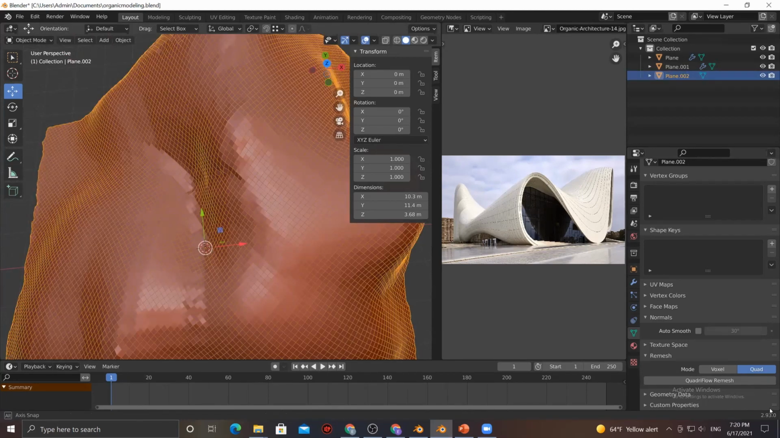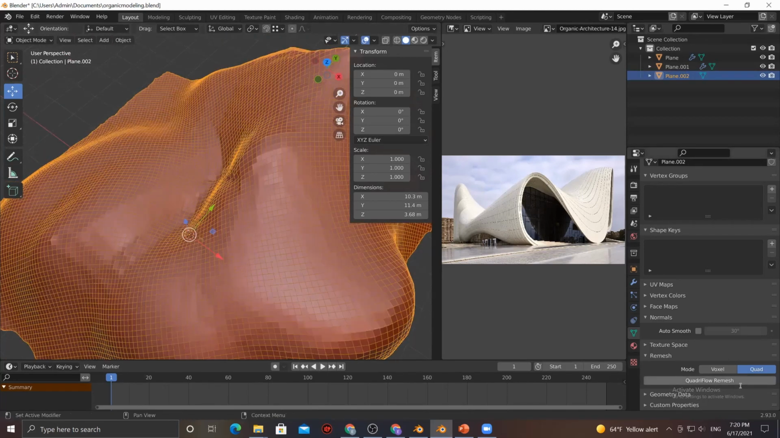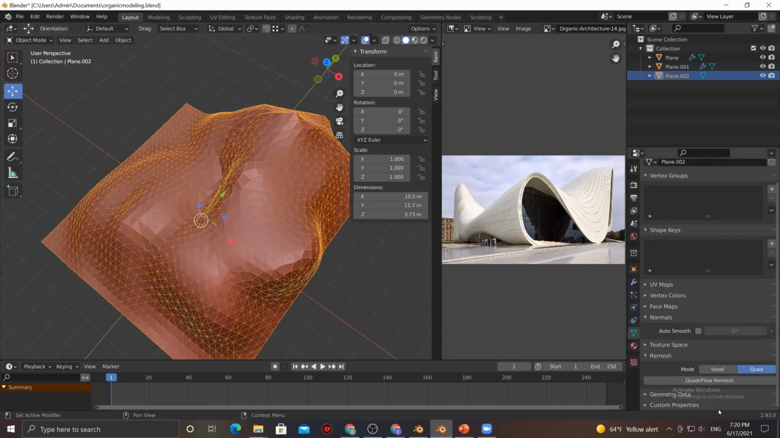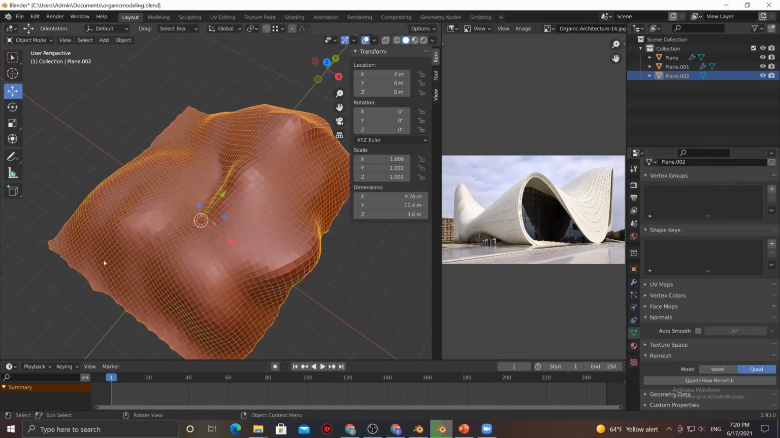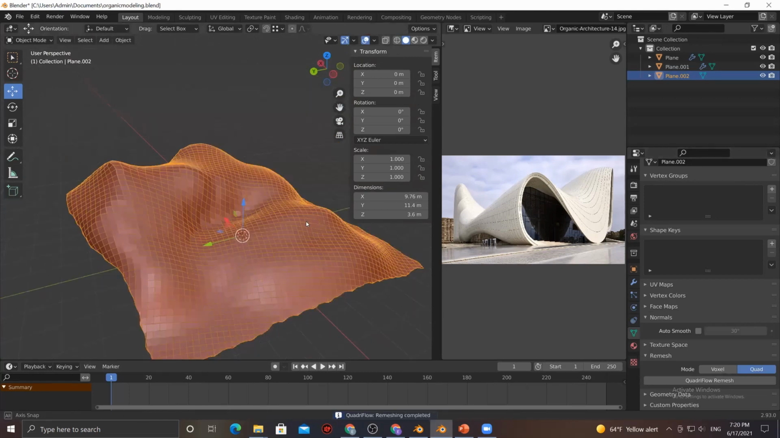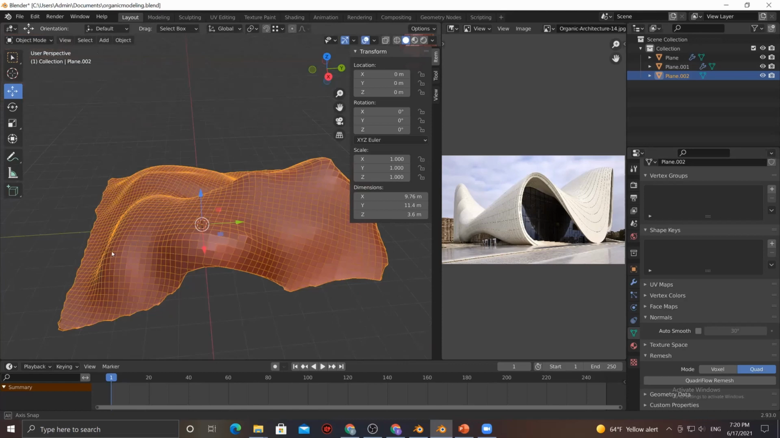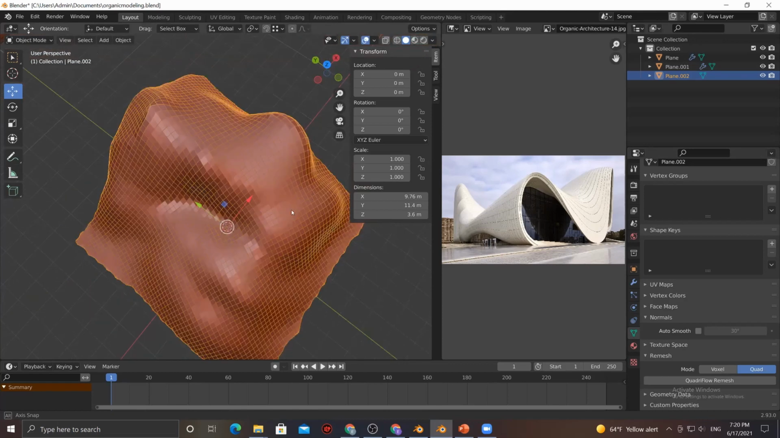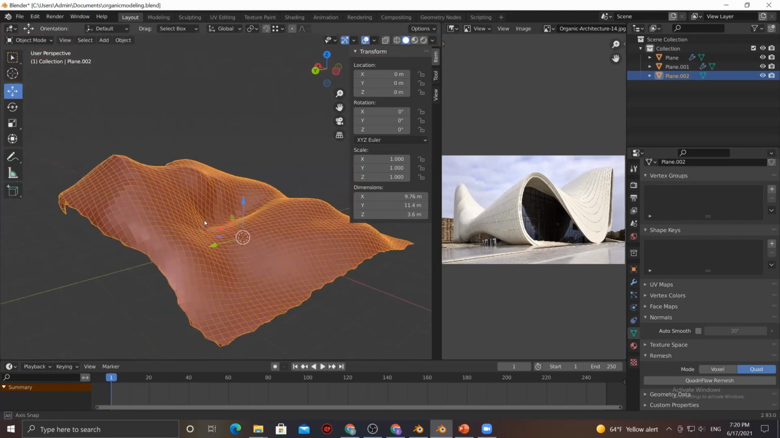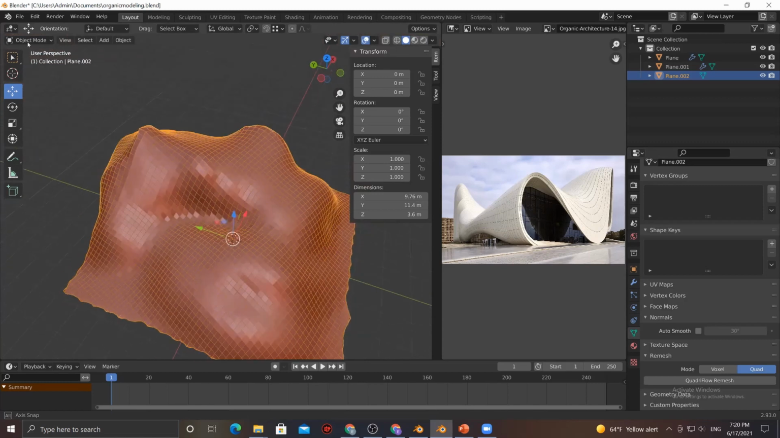So if we go back, and maybe 4,000 polygons was actually kind of enough, I think. So you let it do its thing, and then it remeshes, and then you get this result. So, number one, your geometry is going to be pretty much fully even. So if you were indeed kind of